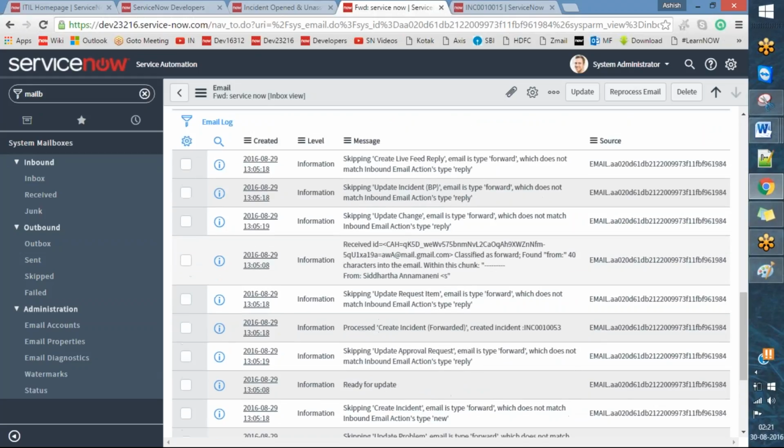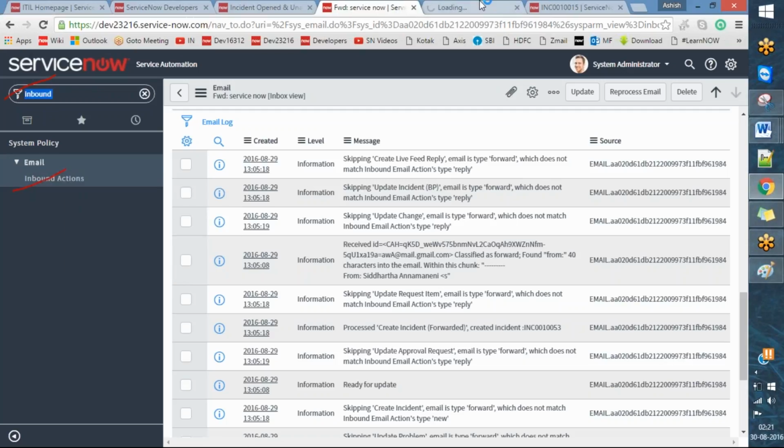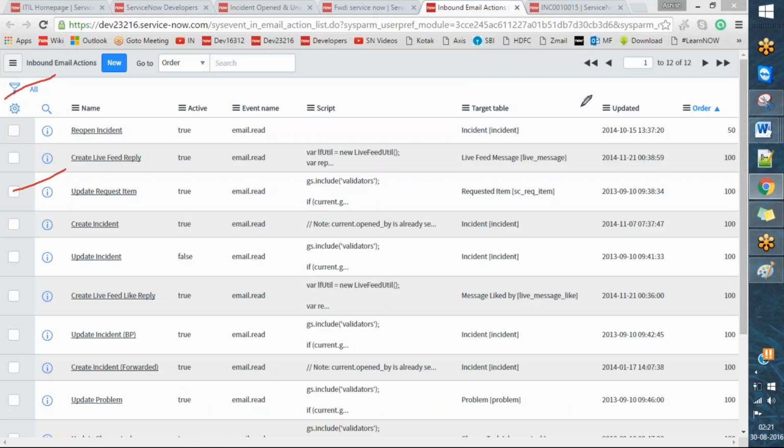Now one thing, at the start of the session I told you about the inbound email actions. I can type inbound actions. Inbound actions react to our incoming emails. Let's see. I just right click and open it. Right now we have 12 email inbound actions,